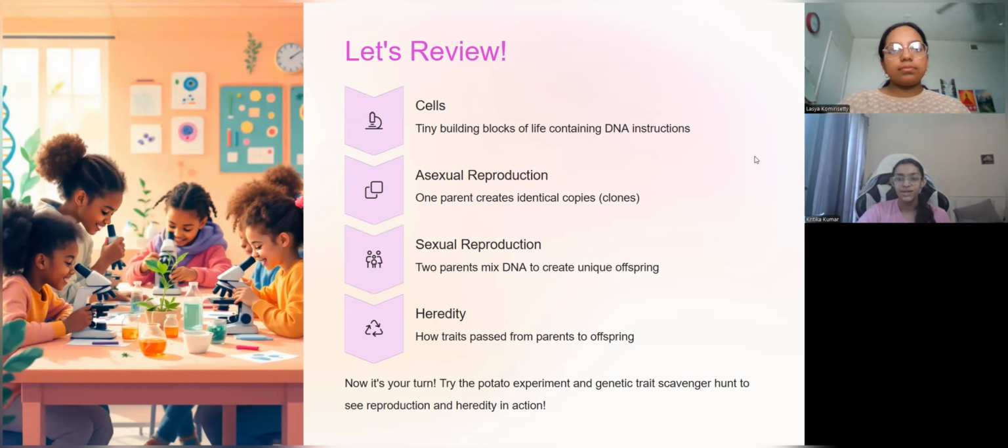And then we talked about heredity, which is how traits pass from parents to offspring. So, your eye color, your hair color, your skin color, and just your very visible traits, and maybe even your talents and